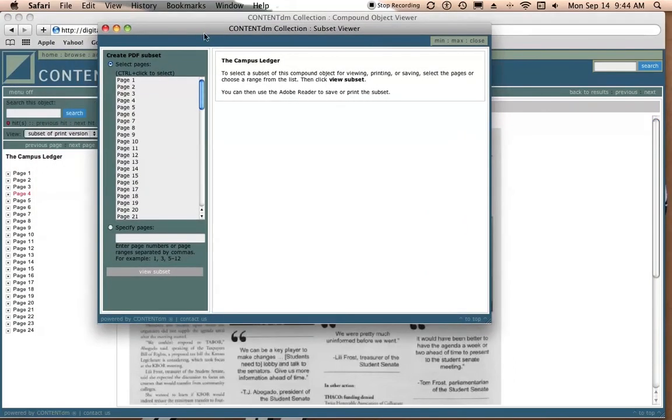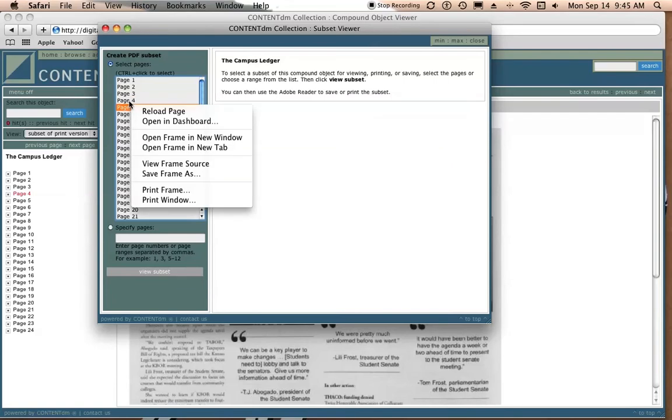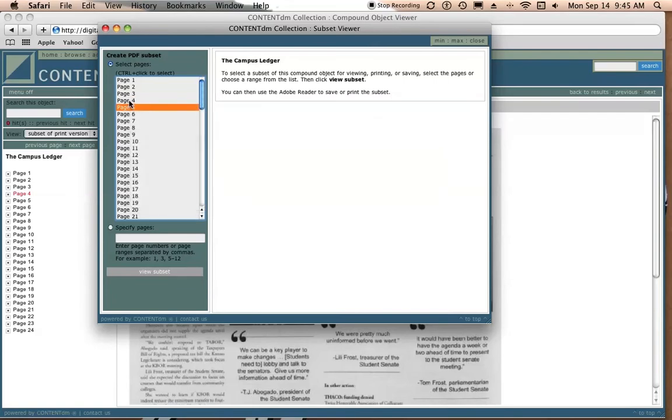Right, we get this little pop-up window, and we can see highlighted in red, page 4 is the one that we want. Now, the other neat thing about this is that if you press Control while you click, or in the case of Mac users, the Command button, you'll be able to select multiple pages. So, the article we looked at, maybe the one after it, cover, whatever you randomly select. But right now we only want page 4. Click View Subset,